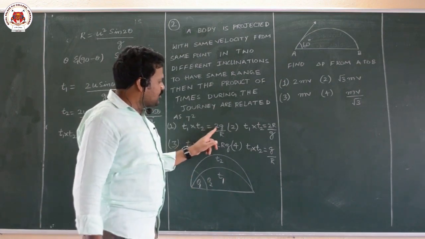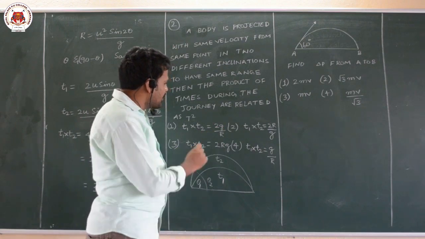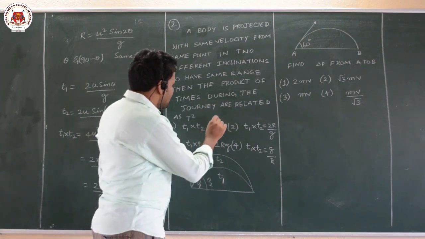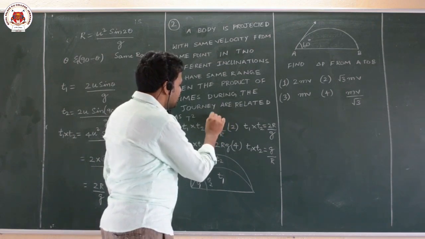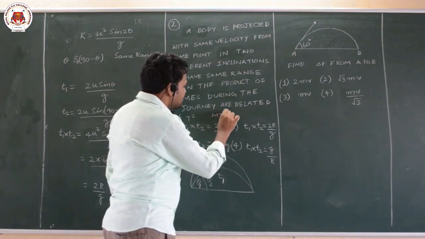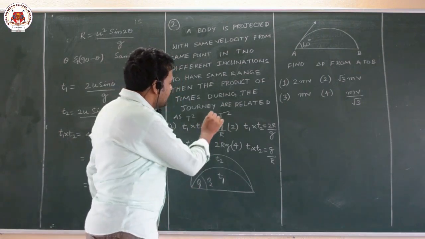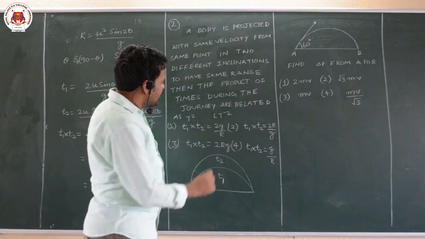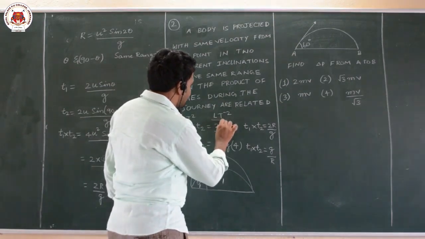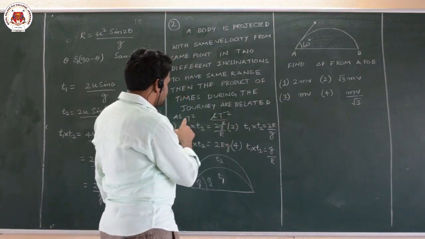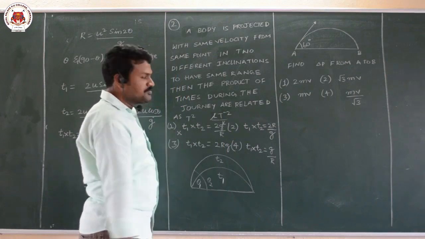Here 2 is dimensionless, it does not have any units. This is acceleration due to gravity. Acceleration due to gravity is meter per second square, that is L t power minus 2. Range is nothing but a length, so you will get L. L and L will get cancelled. T square is not equal to t power minus 2. Therefore, this is not the answer.